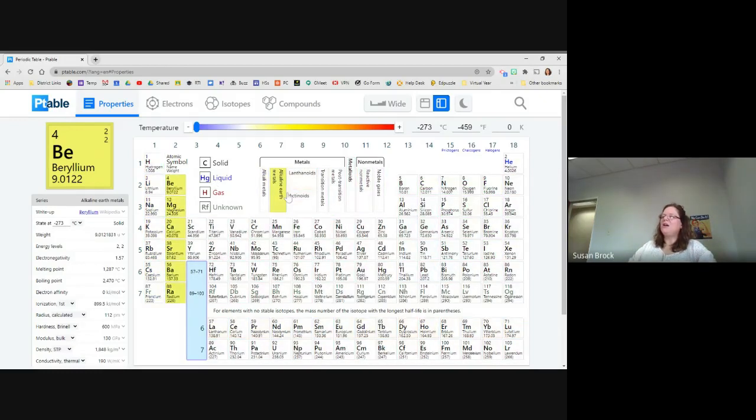All right, this next column, next family, next group, are the alkaline earth metals. So just a little I and E there at the end. And they're also very reactive, but not as reactive as the alkali metals. So these 2 groups are very reactive